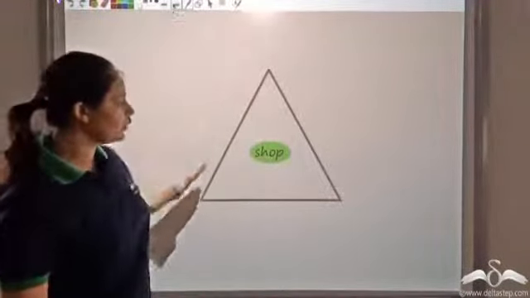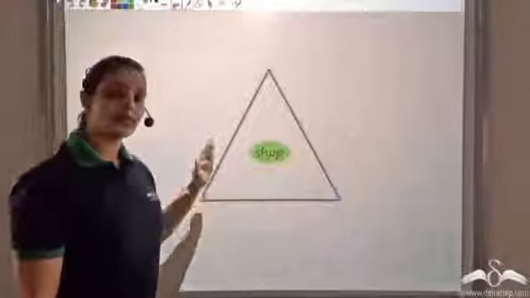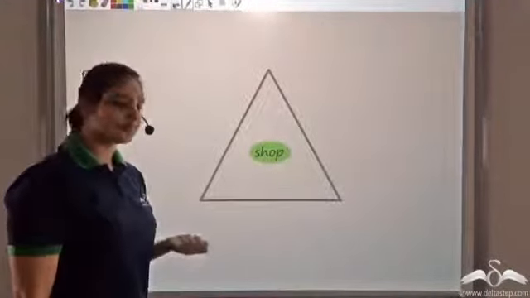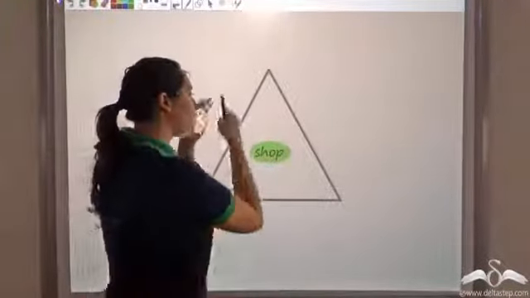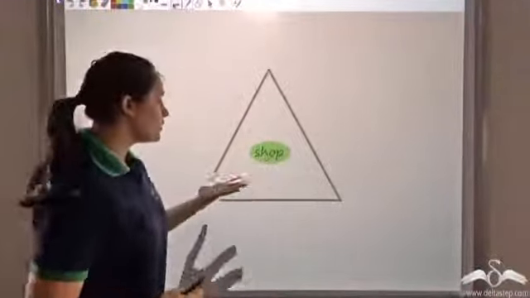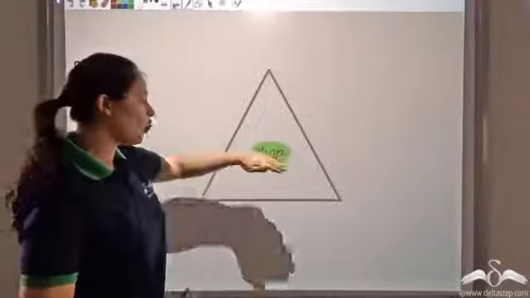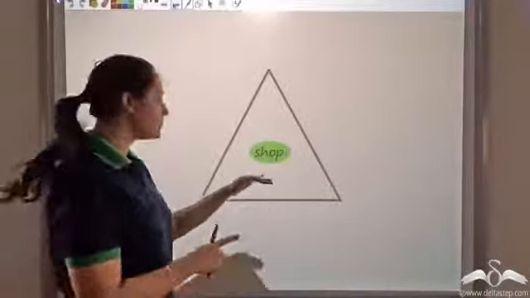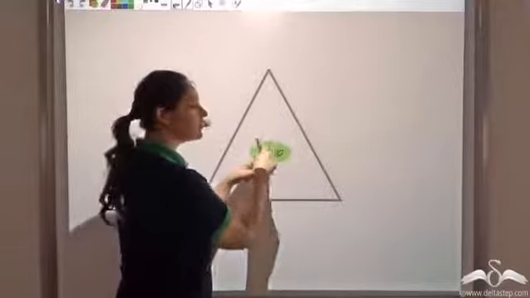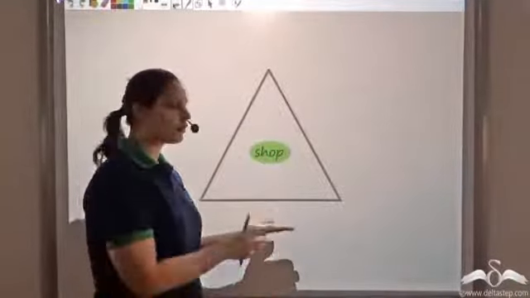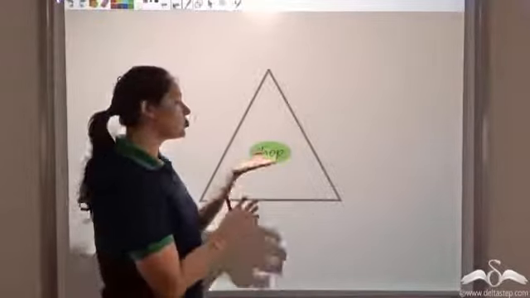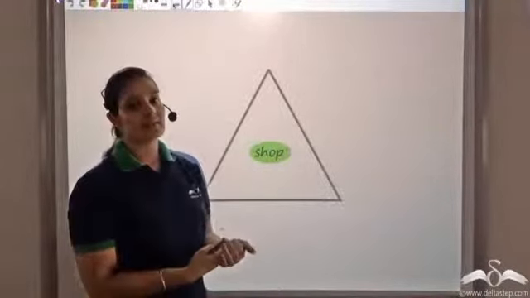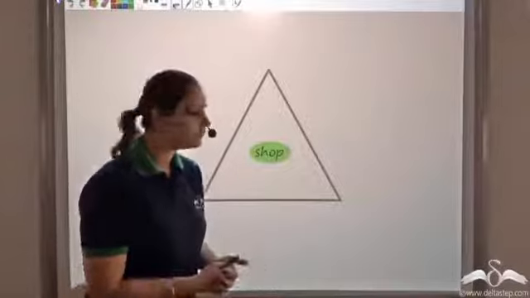Now let us assume that there are three busy roads that are actually forming a triangle. Now where do I put this shop? Where do I open my shop? All I need is that the shop should be located at such a point such that it is equidistant from the three busy roads. From all these three roads, it should be equidistant. Why? Because that would attract as many customers as possible. That is what I need.